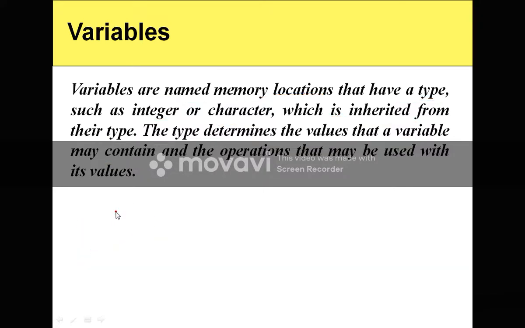So if I consider int A, in the variable I can store only a whole number. So that's why int A becomes a variable in which I can store only integer data. So this is a variable.